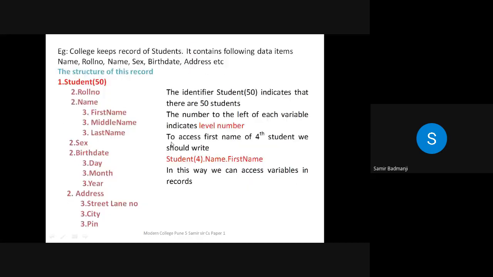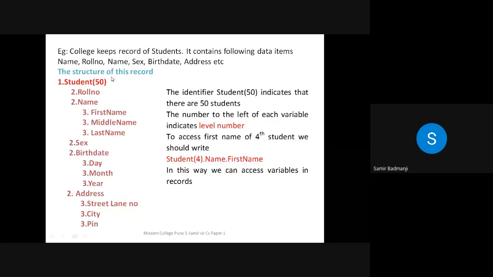This is level number one, level number two, level number three, again two, three, two, three. Now this is the structure of the record. You can assume that the student is an entity which has some properties. We saw entity in the definitions.